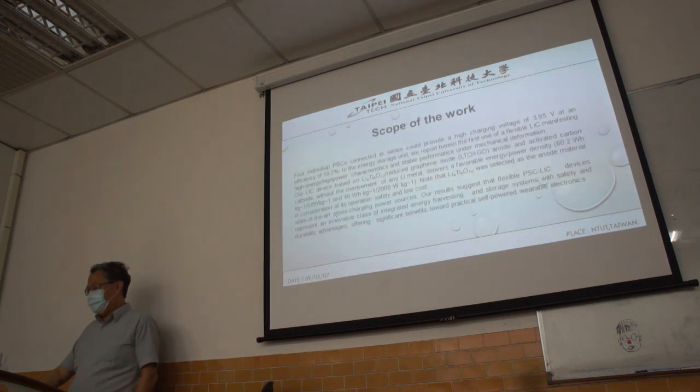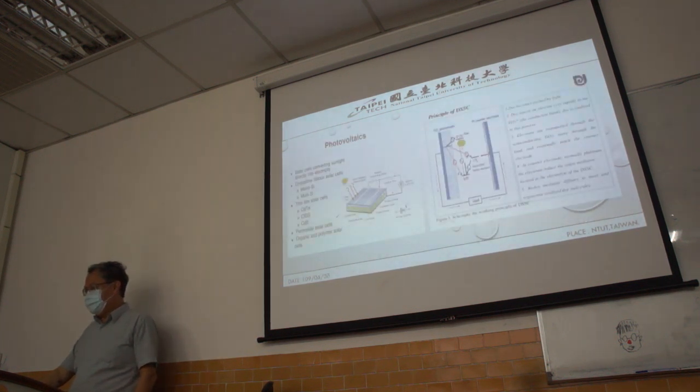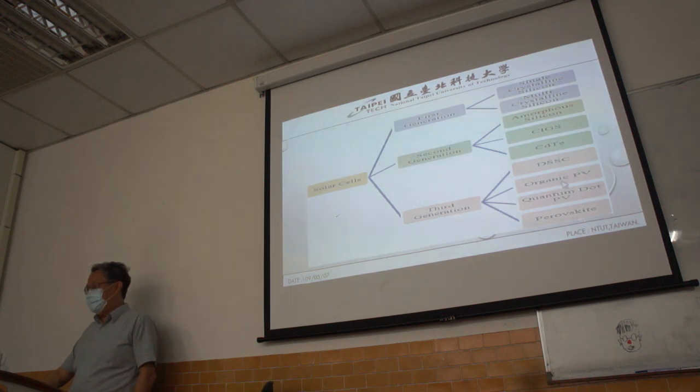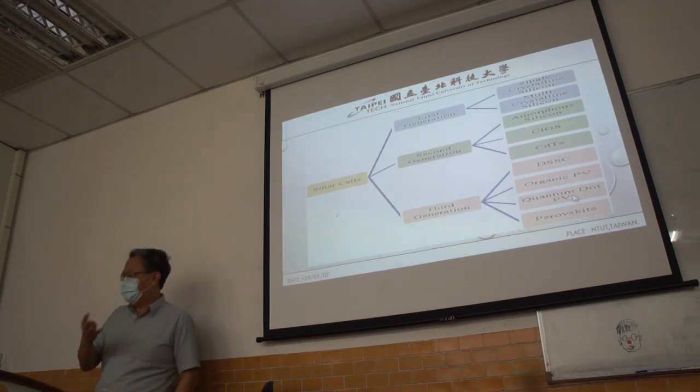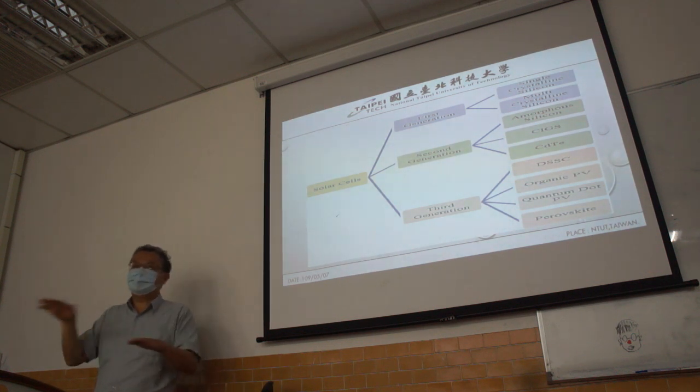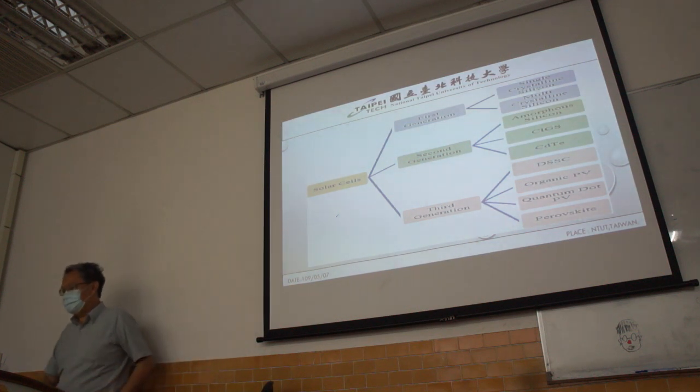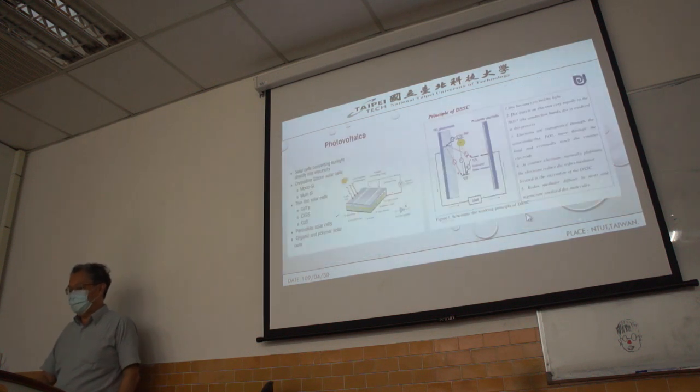The second, because we know the third generation solar cell, including DSSC, organic PV, or quantum dot. We know the DSSC, maybe also talk about organic PV or perovskite. But in the comparison part, these four types: DSSC, organic PV, quantum dot, perovskite solar cell. What are the differences between the types? The advantages and disadvantages comparison of the four types of third generation solar cell. This second one is important.